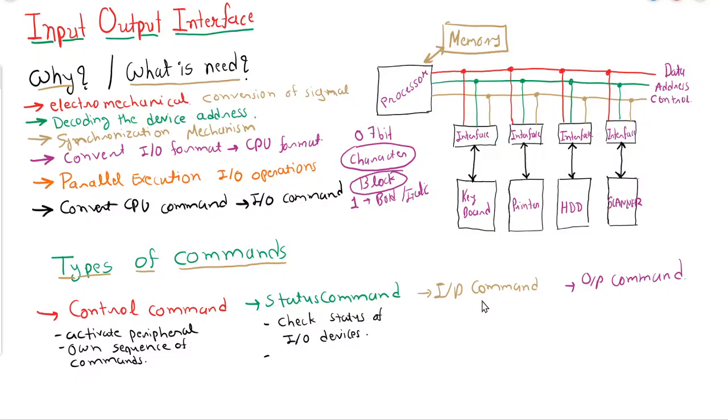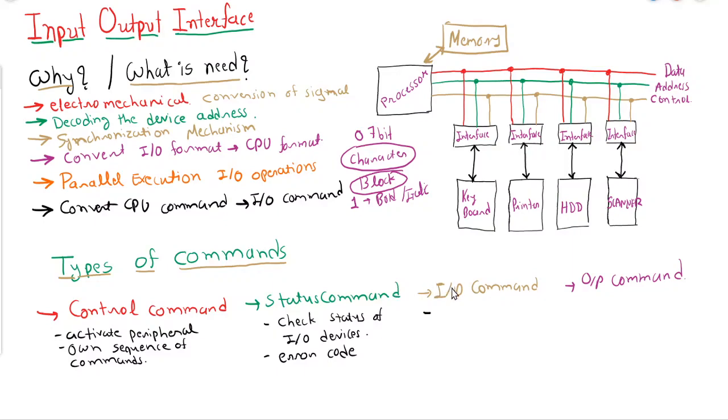So the computer can have an idea that right now the printer is occupied, so it cannot perform any other operation. Status commands are basically used to know the status, and whenever there is any error, the error code will be returned to the processor. Then the computer will convert that code into a human understandable format, and display it to the user.